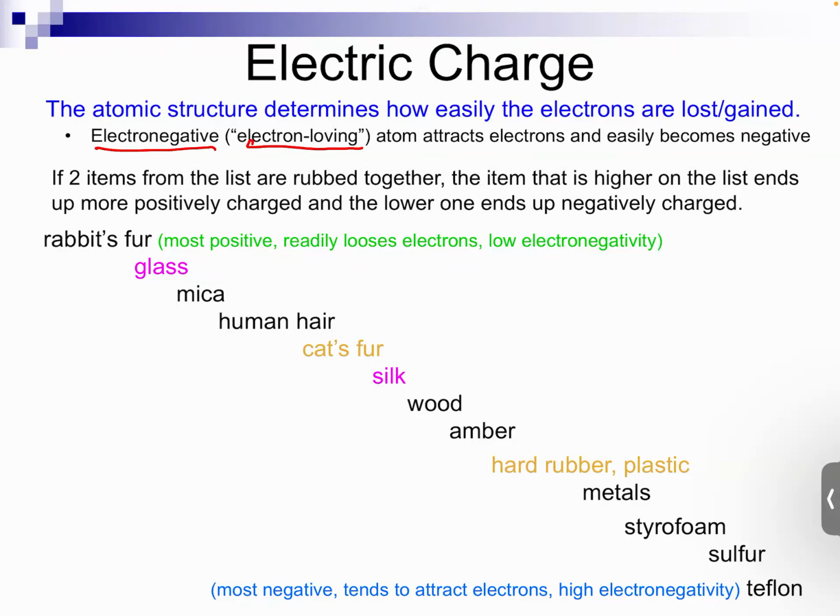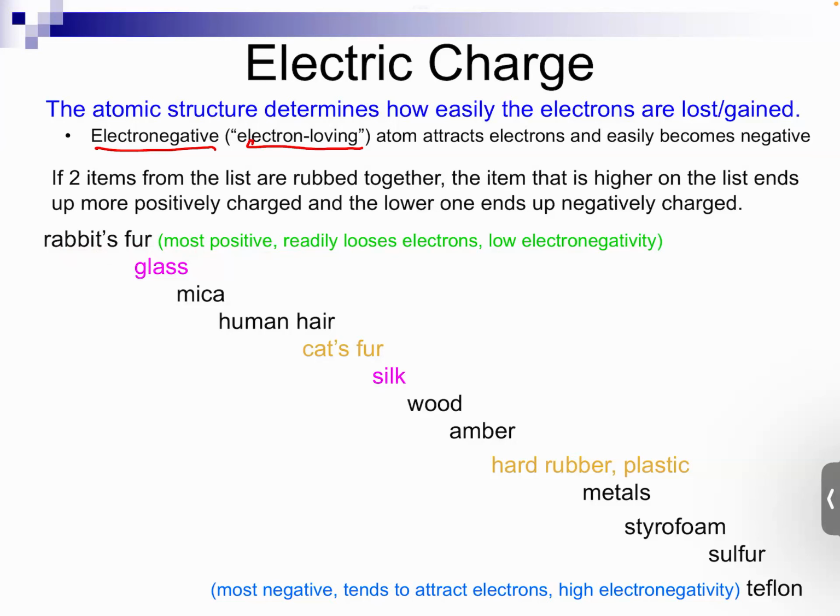Why? It has to do with the periodic table and the structure of the atom. We will not go into much detail there, but just know that some materials are electron loving, and depending on the atomic composition of the materials, we can arrange materials in order of their electronegativity. So here is just an example,